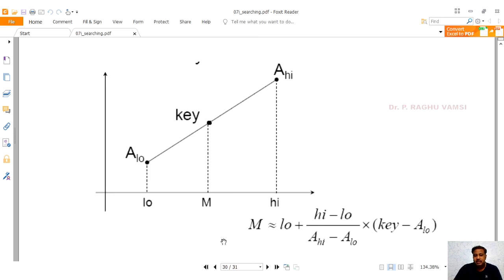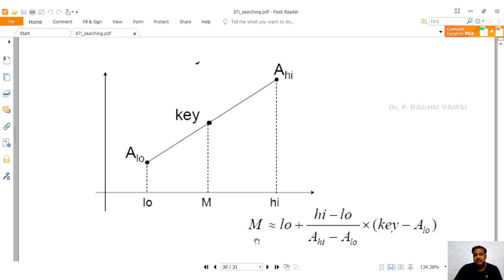We compare the key value with the value at M. If the key is less than A of mid, then high will become mid, and again the same formula is applied, and the key is compared with A of mid. If A of mid is equal to the key value, then the key is found.